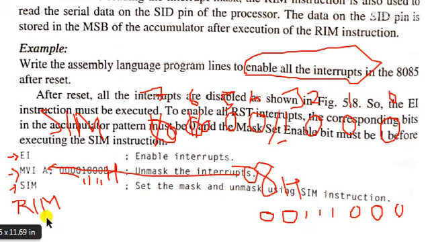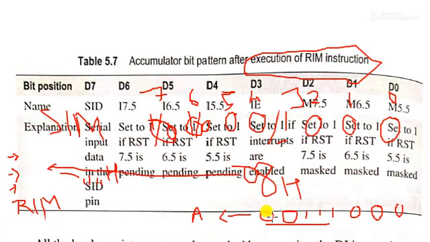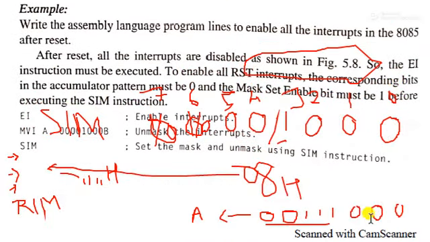So this is the RIM instruction, and after the RIM instruction the value will come to the accumulator. The accumulator register loads this value. There is one bit missing, counting 0 1 2 3 4 5 6 7, the enable bit. Sorry, it is correct: D0, D1, D2, D3, D4, D5, D6, D7.